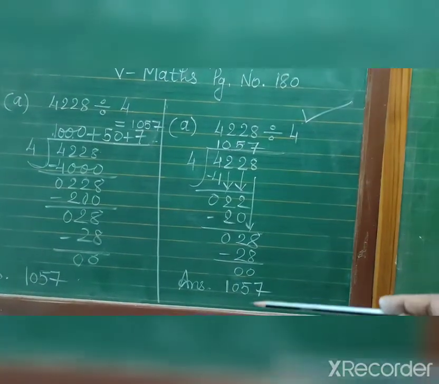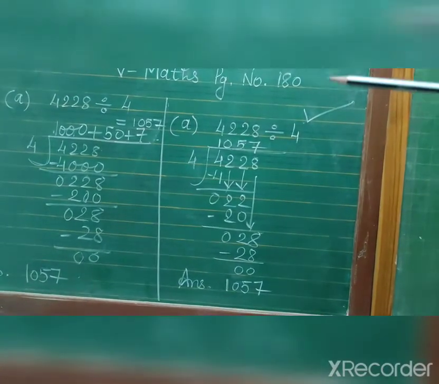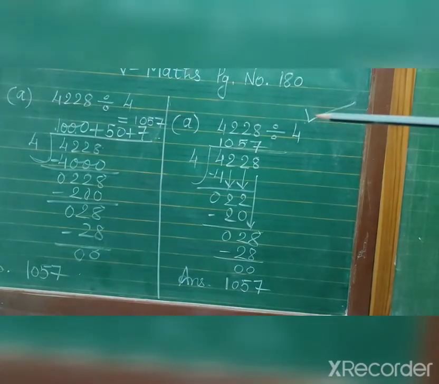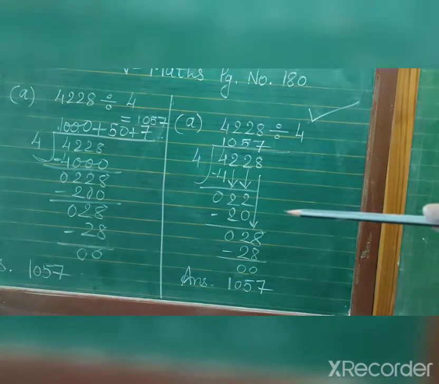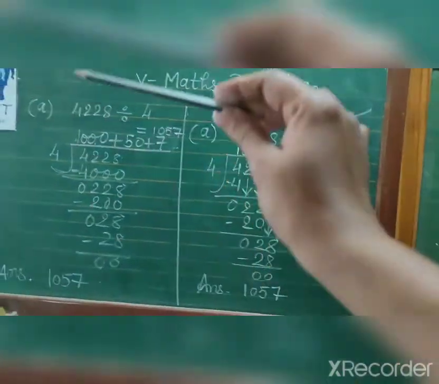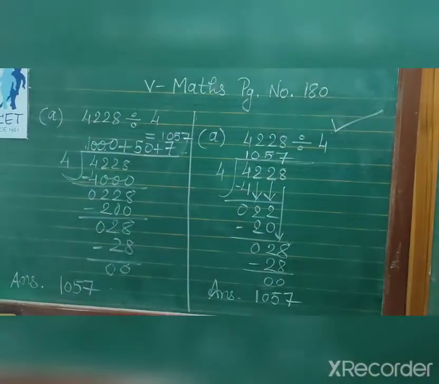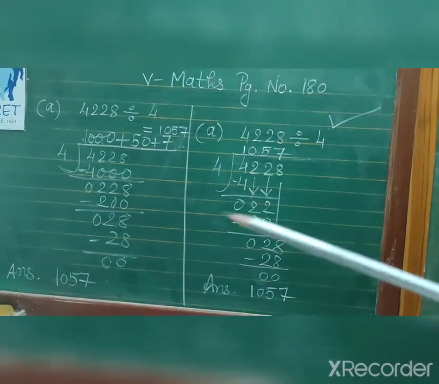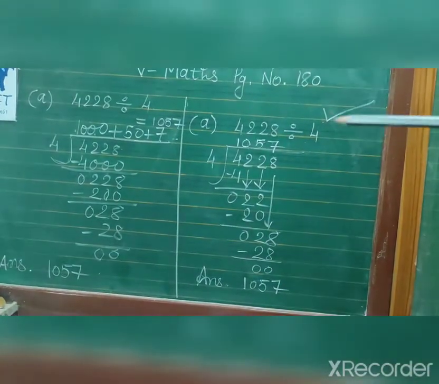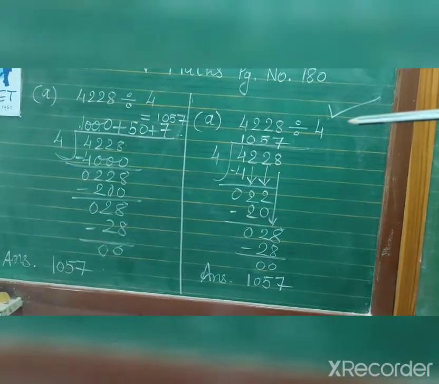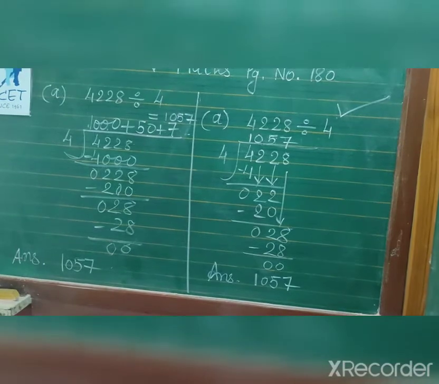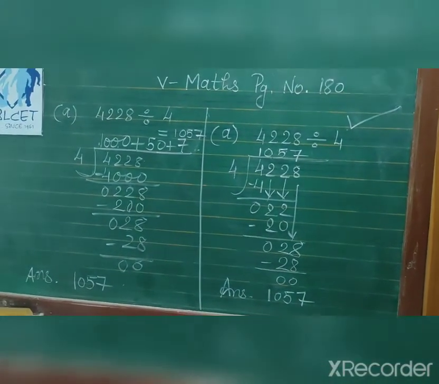It is the standard method, and in your notebook you will solve all these sums by this method. Okay, you will not follow the other method. Keep this thing in your mind. The first sum you will solve in this way, but write a tick mark. You can see I have put a right tick mark, so you will follow this method. So the next sum again we'll solve.